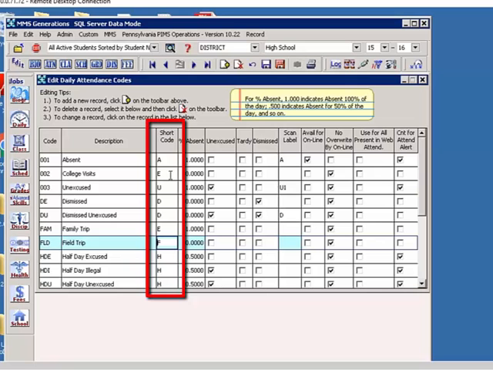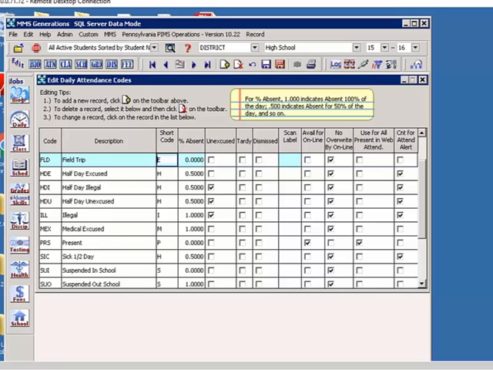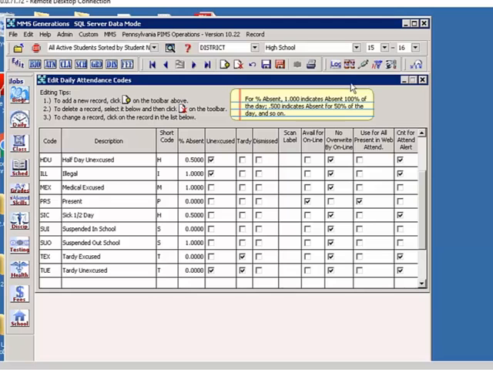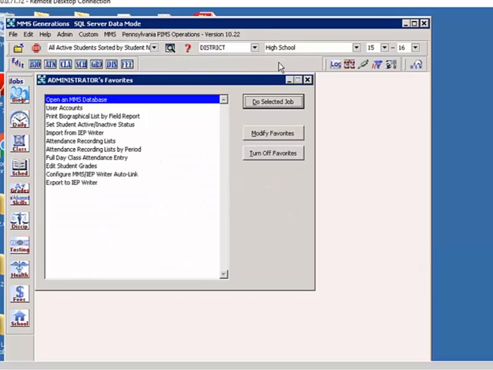Oh, I think I put E for excused, which would be college visits, family trips, field trips. So that was the logic behind that. So given that, I'm going to put field trip back as E for excused. So just very important that you have those short codes entered in. So I'm going to save and exit, and now I'm going to go into that